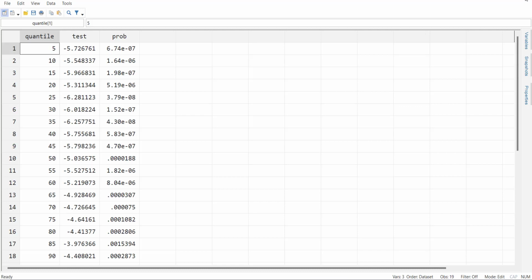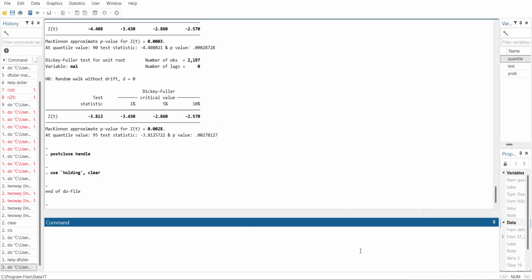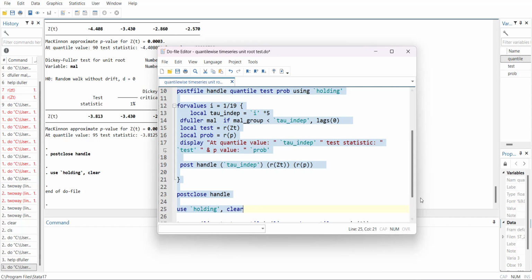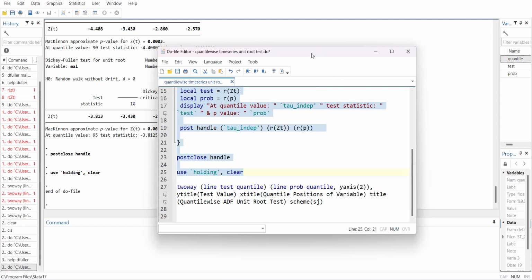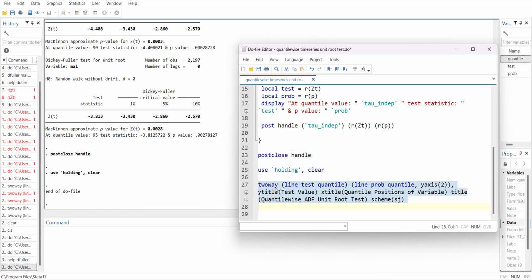Now one extra thing that you can do is make a graph out of it so that you can display it in your thesis or a research paper. So for that, the twoway graph: line test quantile, line probability quantile on y2. The y title will be test value, the x title will be quantile position of variable. You can change the variable name. The title will be quantile-wise ADF unit root test. So when I run it,